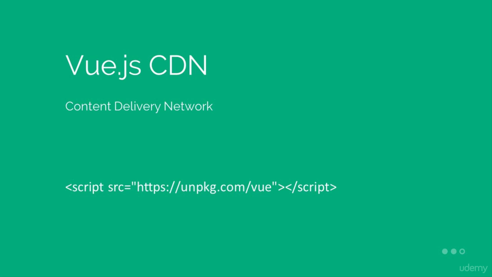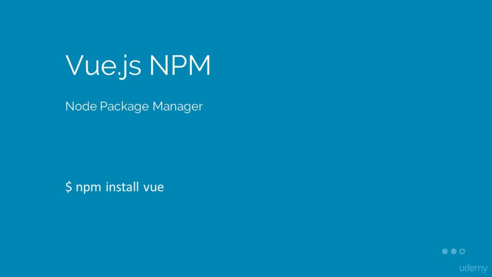The recommended CDN to use is mentioned on the written version of this tutorial, which you can find in the description here on YouTube if you're watching at YouTube, or on the Coursetro page where the course is located. You can find the exact script source here, as well as the written tutorial. We're not going to use this method for this course, because we're going to be using Node.js and we can install it. So the other two options are installing Vue.js through NPM, which is the Node Package Manager,